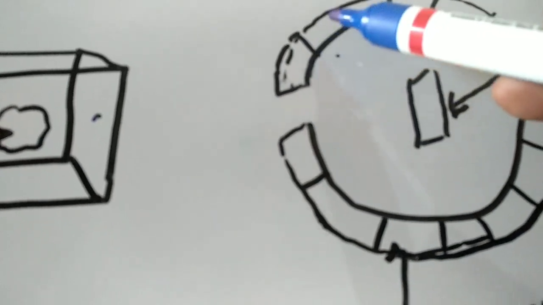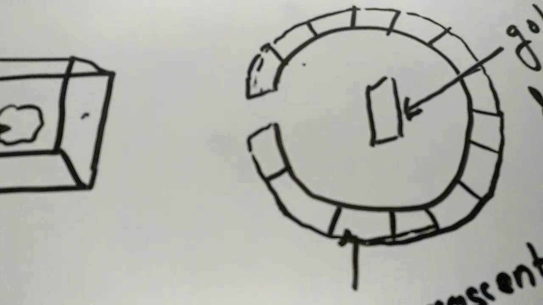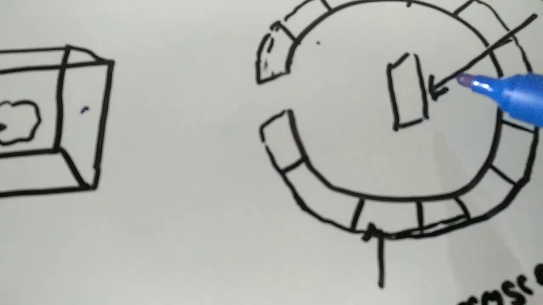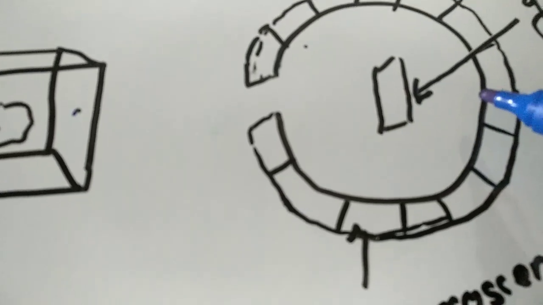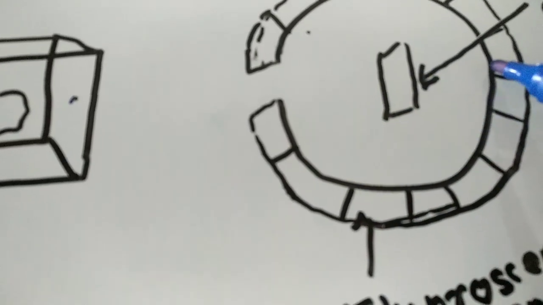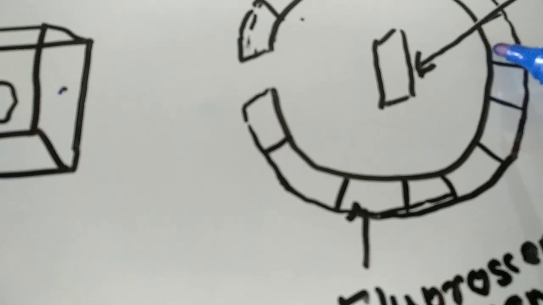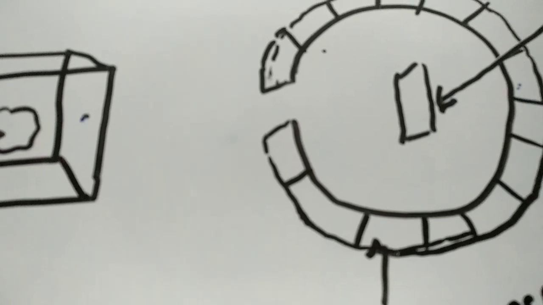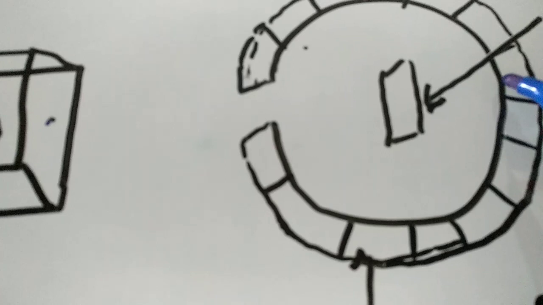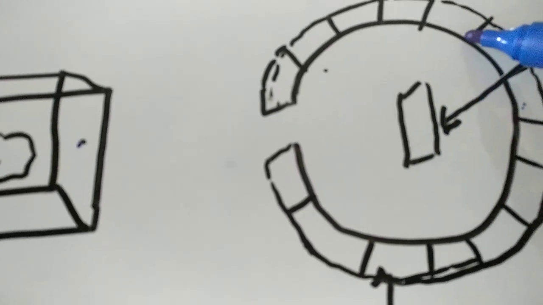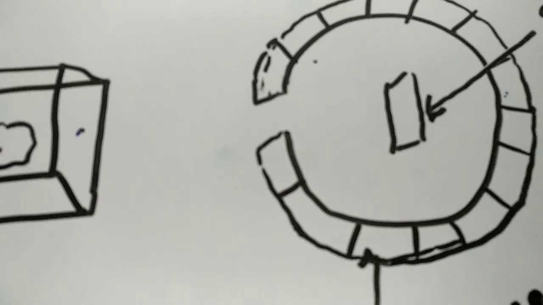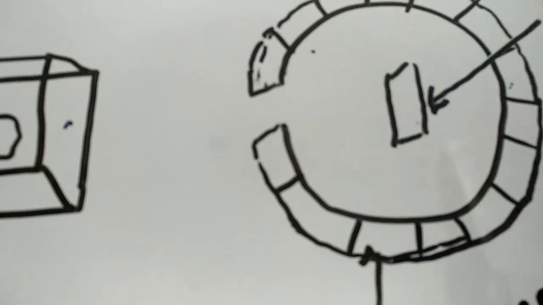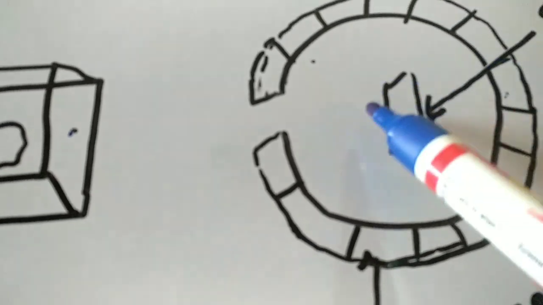Now inside it, this is a fluorescent screen. So when alpha particles are bombarded on the gold foil, maybe they pass. If they pass, we can get an idea about the path. If they pass in a straight line, they will collide here, and then we can see the light, the fluorescence. They will emit light here. If they deviate from their path, we can get an idea about it. That's why they selected this fluorescent screen.